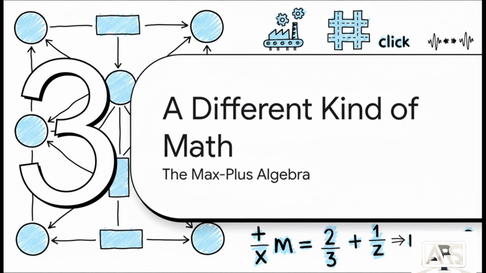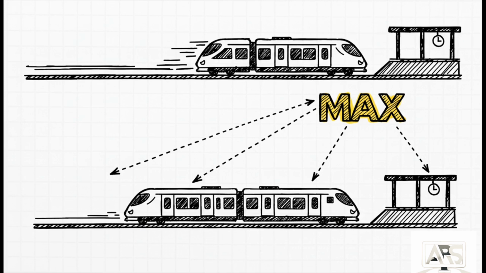Okay, this is where things get a little hairy at first. Once you add time, trying to analyze these systems gets really tricky. The math can look pretty scary, but there's an incredibly clever mathematical trick that makes it all fall into place. A totally different kind of math. So let's say you have a simple train system. The equation for the next departure time looks something like this.